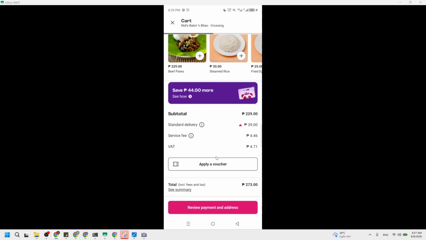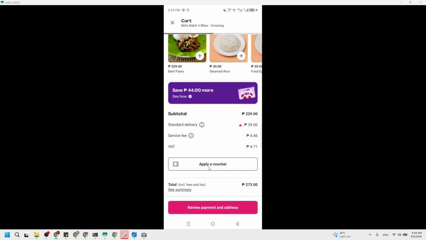On the cart screen, you will see your items, the subtotal, delivery fee, and a button that says Review Payment and Address near the bottom. Tap that button. The next screen shows your delivery address at the top and payment methods below, such as cash on delivery or card options. If you see your address and payment section, you are in the right place to add the Pella order code.